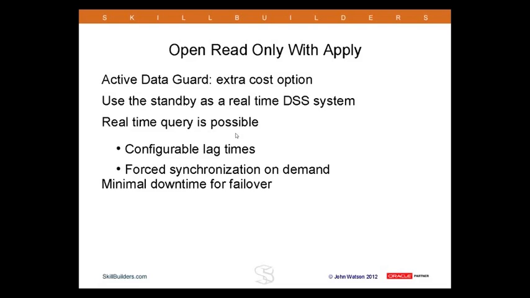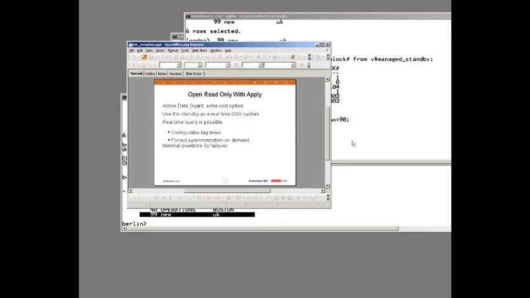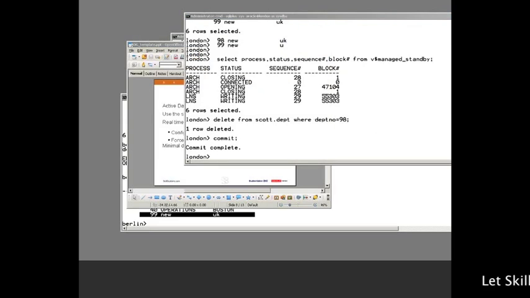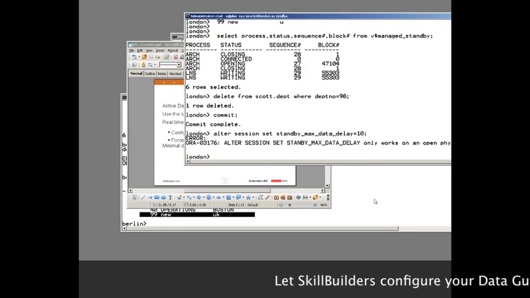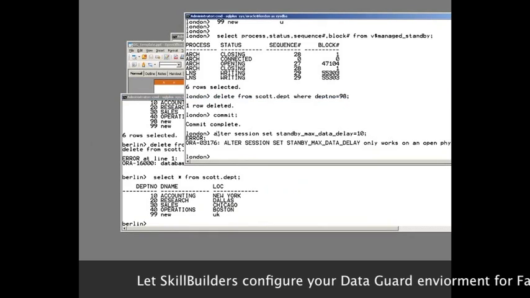If for some reason the apply of redo does slip behind, which can happen in a Data Guard environment, if you have a huge burst of activity on the primary, it may well be that the apply service does get a few seconds behind. You can configure lag times quite straightforwardly with a command such as this. Oops, which I do need to run on the